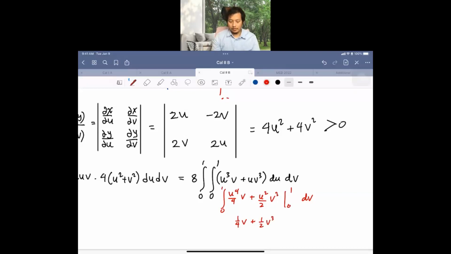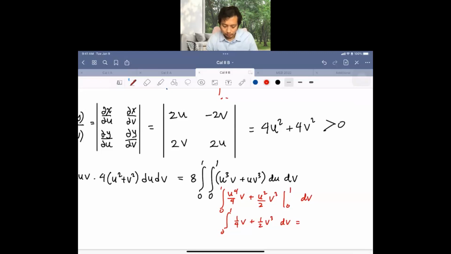Okay, and then we have dv, and then again this is going to be v squared over 8 plus v to the fourth over 8. So this will be half plus 1 over 8,